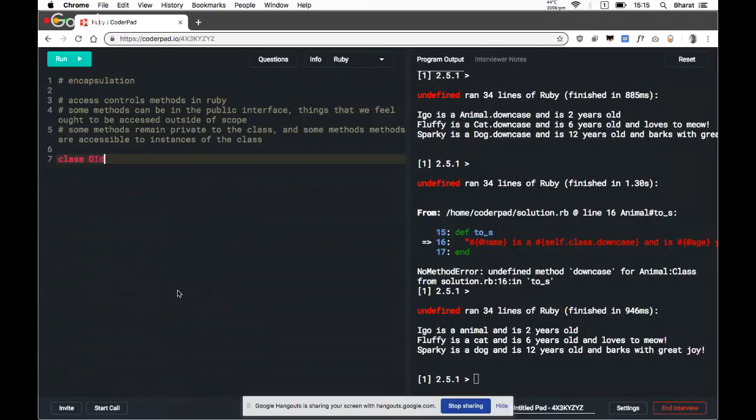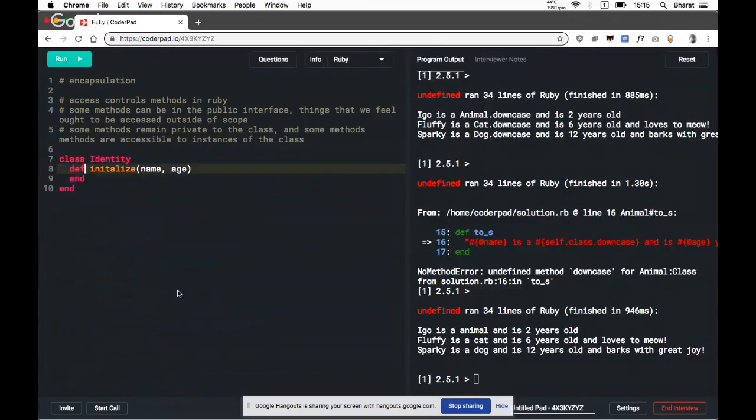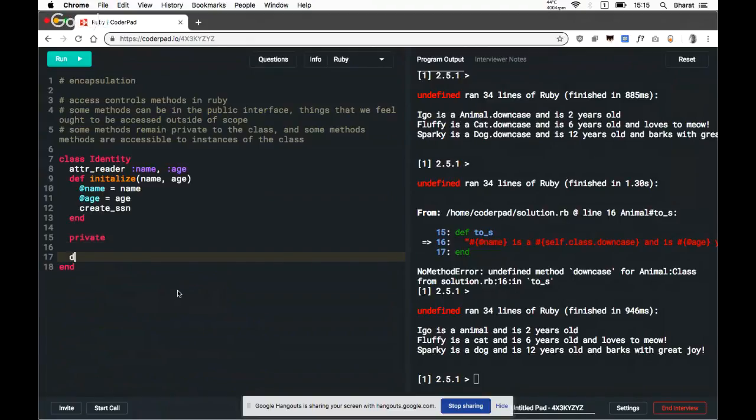Let's go with this idea of identity. Let's say we give an attribute reader for this. And so we initialize these instance variables and we provide them the name passed in as parameters. And we also want to create an SSN. Again, I'm reusing an example I used before, but I feel like it's a pretty solid example.